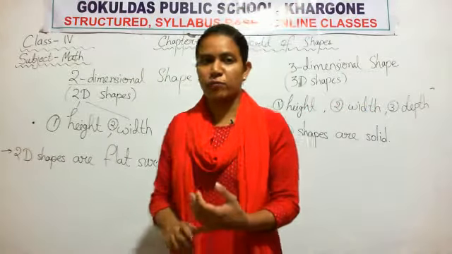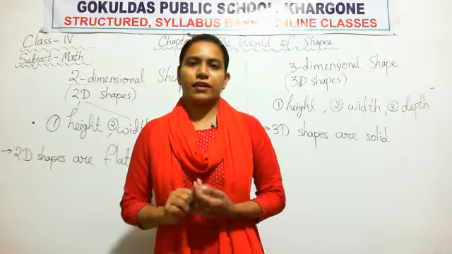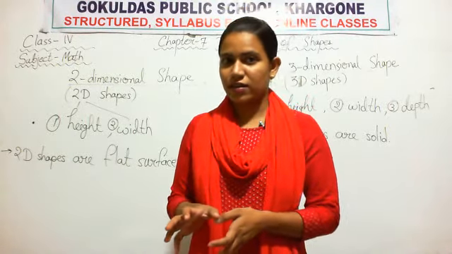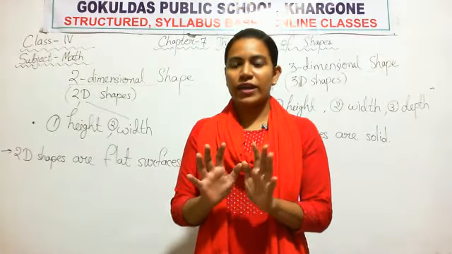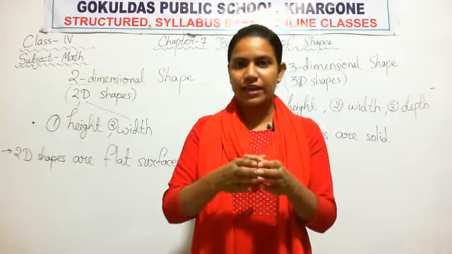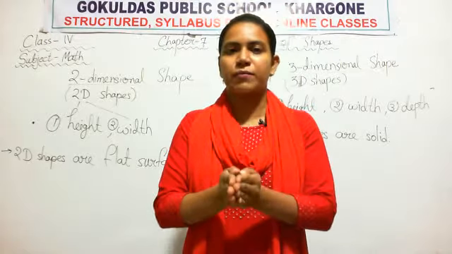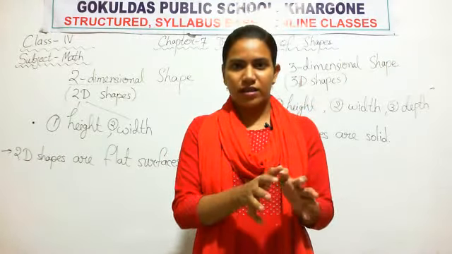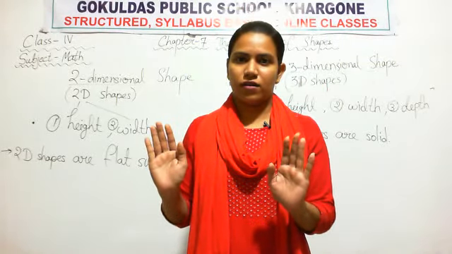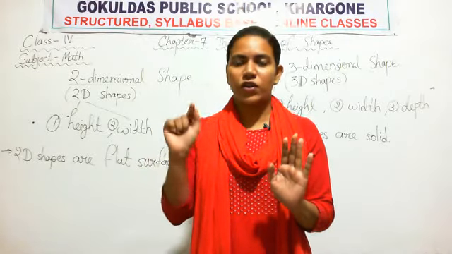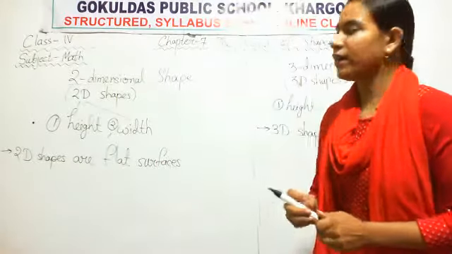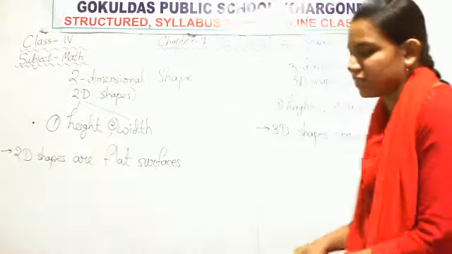Let me give you one more example of 2D and 3D. If you are present in the class, physically, your body is 3D, right? You have height, width and depth, thickness. Your body, if you are physically present, means you are present with your body. Your body is 3-dimensional. But if you see your image in the phone, your image or your photo or your picture is a 2D shape. So these were the differences between 2D and 3D.